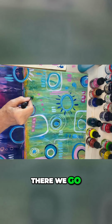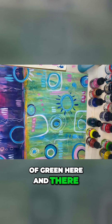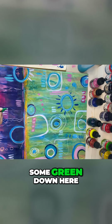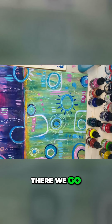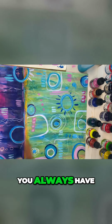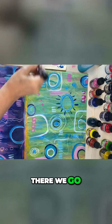There we go. I'm putting little bits of green here and there. Let's try some green down here. Ooh, that's kind of weird, isn't it? There we go. Even these up. Okay. You always have to shake them. Always remember to do that. There we go. And get the